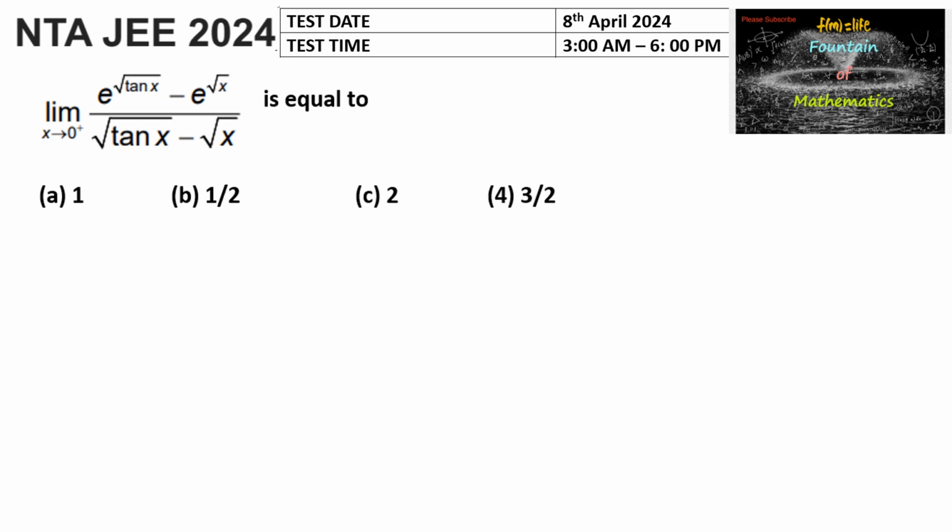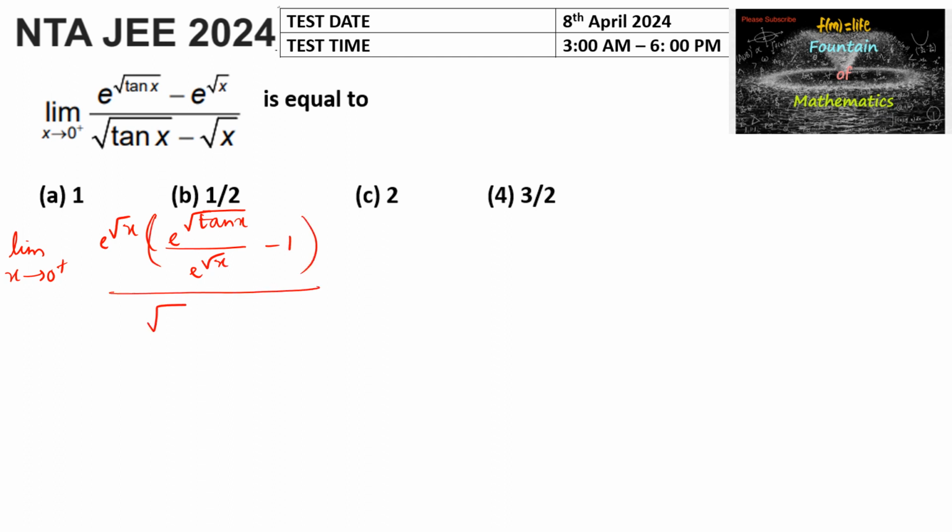limit x tends to 0 plus, e power root x, e power root of tan x minus e power root x upon root of tan x minus root x. Let us take common e power root x. So we can write e power root of tan x divided by e power root x minus 1, whole divided by root of tan x minus root of x,